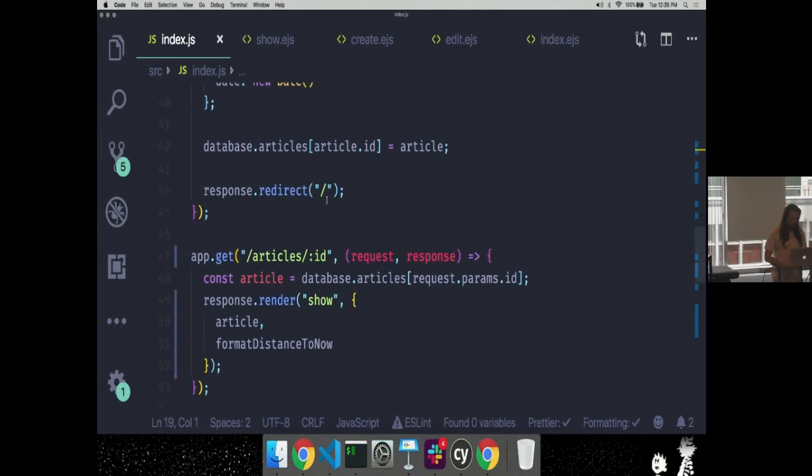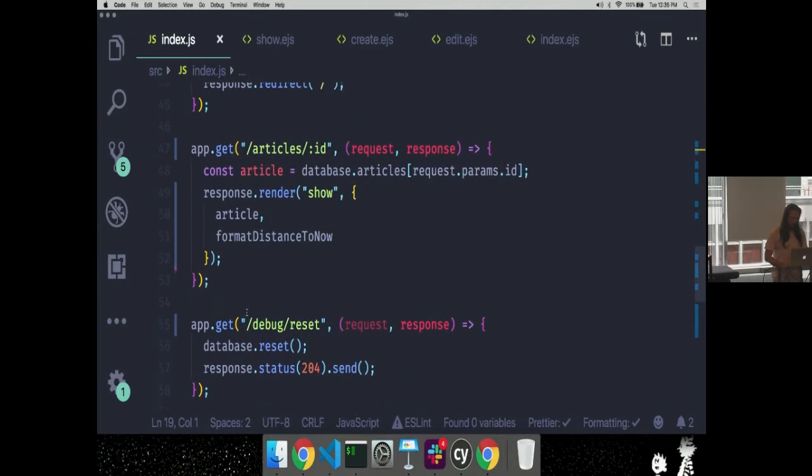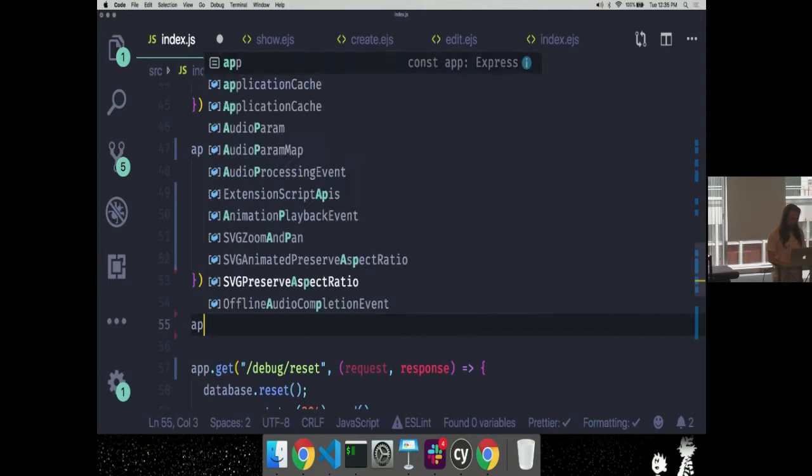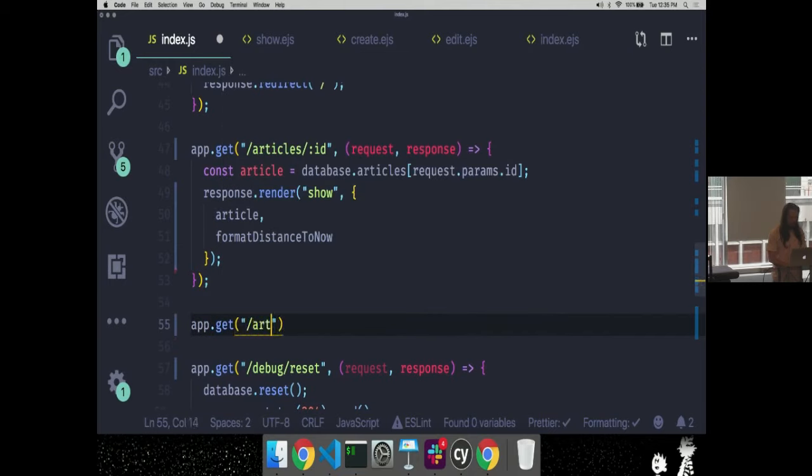And so here we need to write the route for this. app.get /articles/:id/edit. Does this make sense? I'm handling the edit.